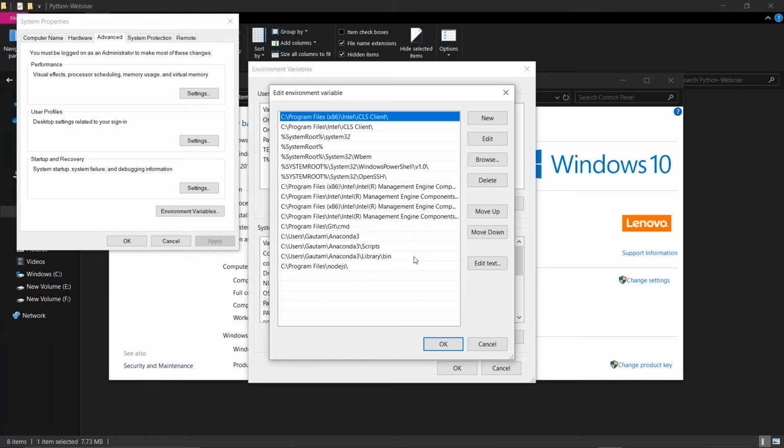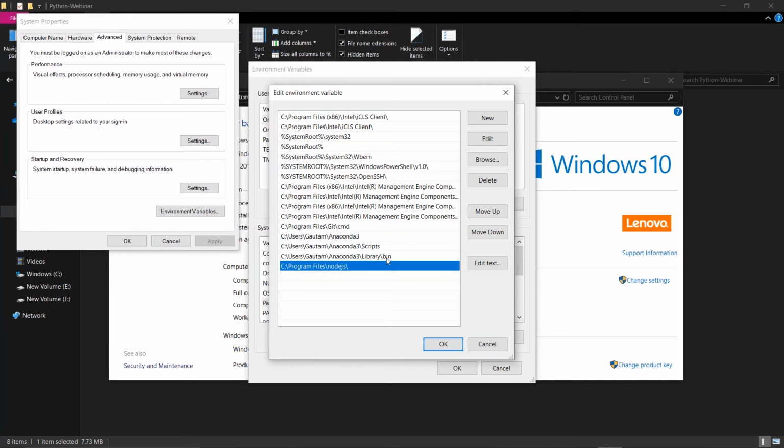Edit. See, I have set three paths: Anaconda3, Anaconda3 scripts, and Anaconda3 library bin. These three paths you need to set. This particular thing, C user Gotham, is my location where Anaconda3 is, and I'm setting this path. Then I will set the Anaconda3 scripts. Inside Anaconda3 there is a scripts folder, and inside Anaconda3 there is a library, and there is a bin.